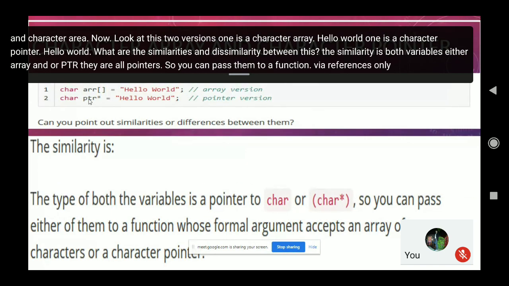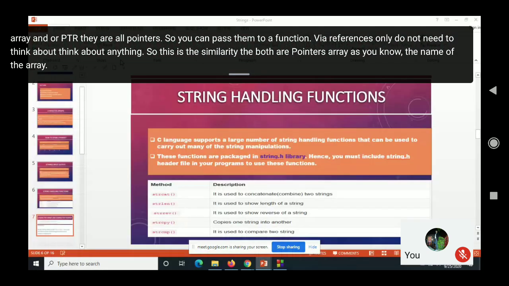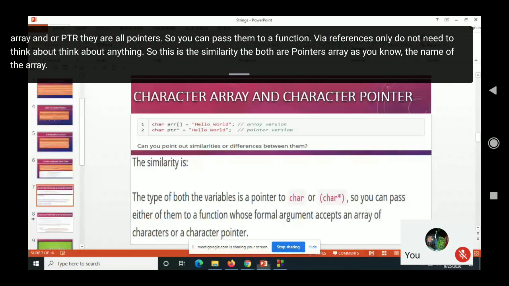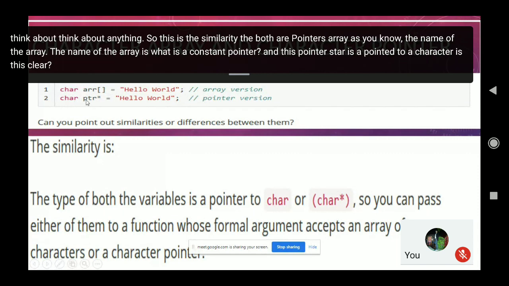Do not need to think about anything. So this is the similarity. They both are pointers. The name of the array, as you know, is a constant pointer. And this pointer star is a pointer to a character. Is this clear? They both are pointers. One is the array version, another is the pointer version.